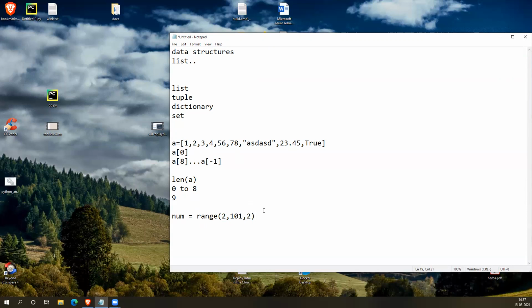This range object should be converted to a list object. For that, I will use list as a function on number, and store it in num list. Num list will print the numbers.